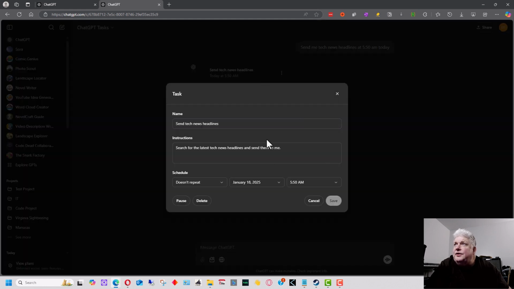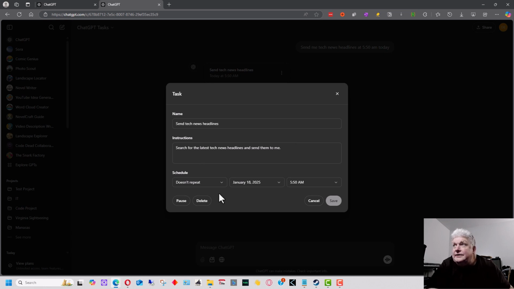You can actually go in here and edit it. So you can put any task or tell it to do any task. You can do a complex task and have it give you a report on the stock market, for example, or a report on something that has several instructions or stages. It might be a prompt that you run all the time to get information, but you can have it do it automatically and send it to you at a given time on a particular day,